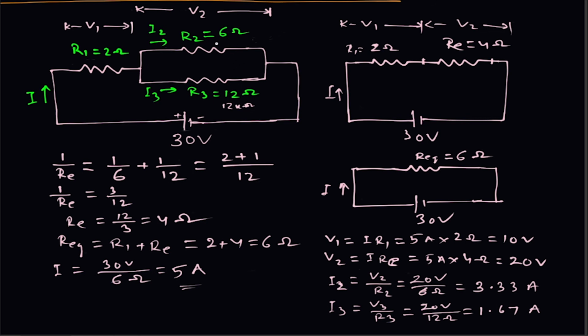So the equivalent will be nearly 6 ohm, and now 6 ohm is in series with 2 ohm. That means this voltage drop will be 3 times of this voltage drop. V2 will be nearly 3 times of V1. And what will be the current in this circuit? The same current. That means almost the same current will flow through this R2. Whatever was flowing in R1, almost the same current will flow through this, and very little current will flow through this because this resistance is very high in comparison to this.